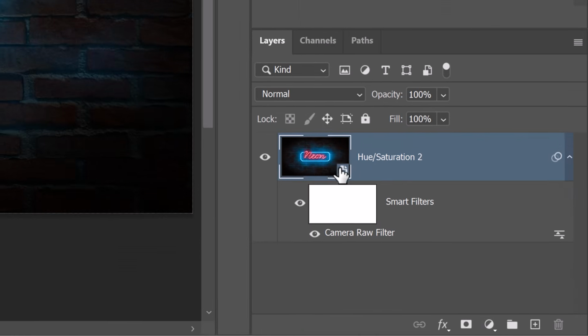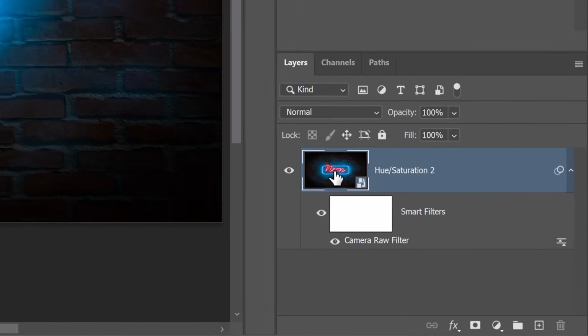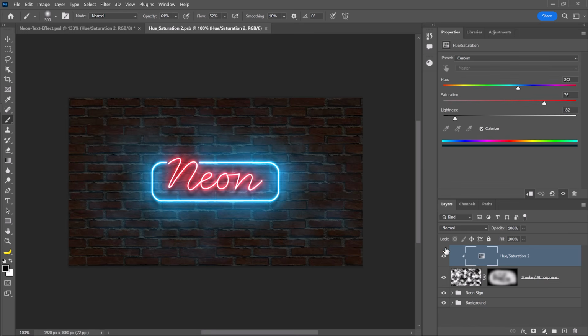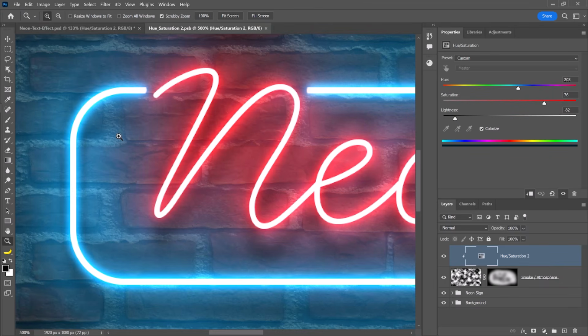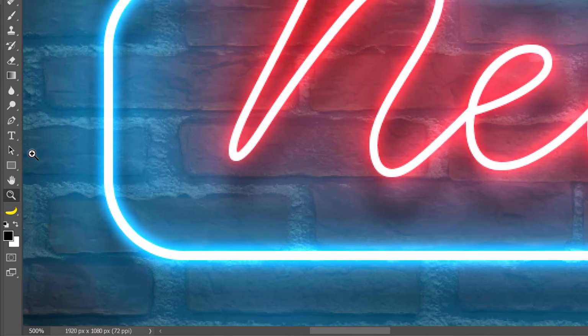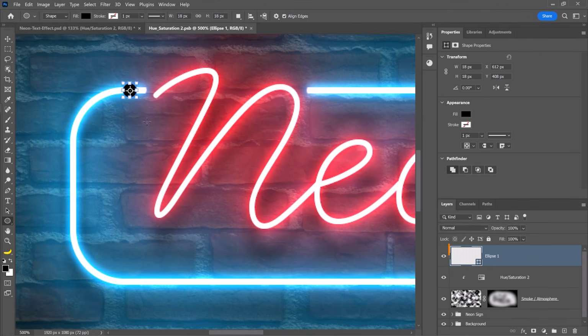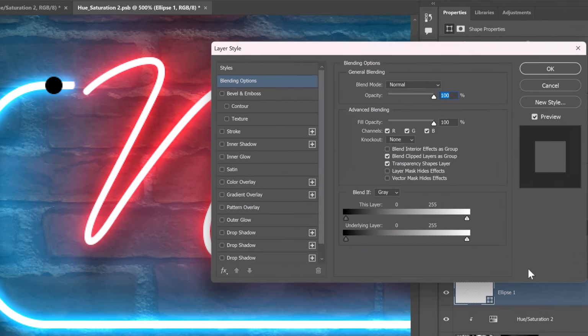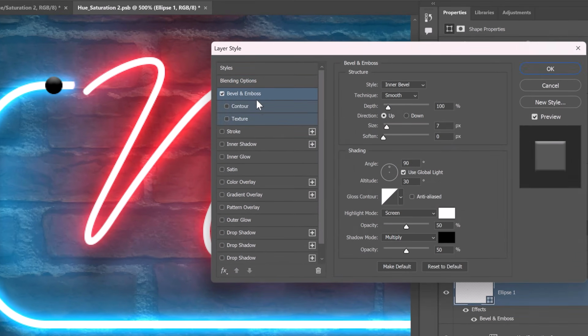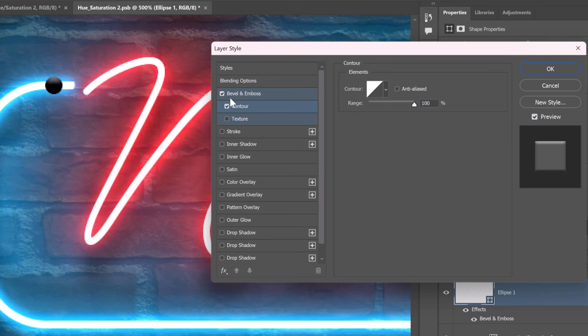Also, the advantage of putting everything into a smart object is I can now double click on this smart object thumbnail, and I can make adjustments to this design, and it will update on the smart object. For example, I can zoom in, and I can add the metal brackets that hold up the neon sign. I can simply go into the ellipse tool and make a circle that is just a little bit larger than the neon sign, something like that, and then double click to the side of the layer, add a bevel and emboss, adjust it accordingly. By the way, uncheck global light, and maybe add a little bit of a contour here,